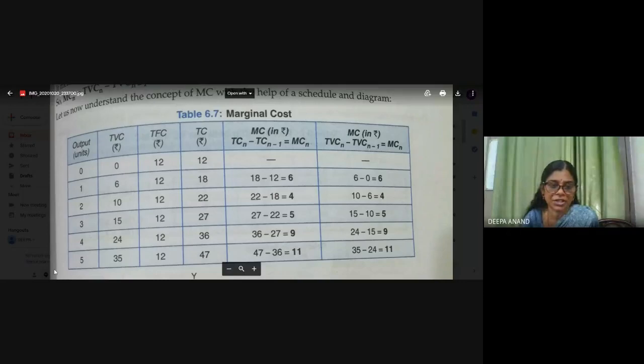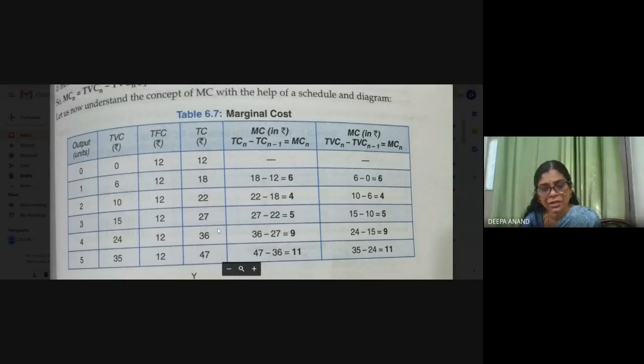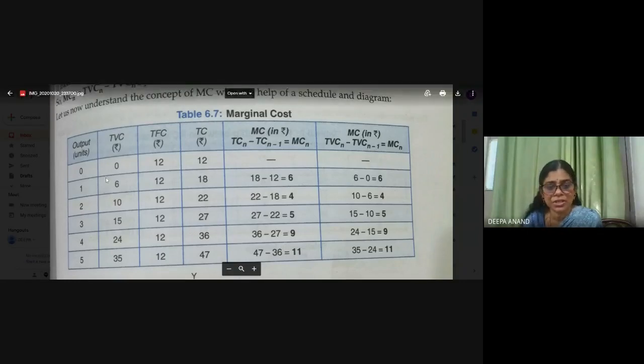Not everywhere is it one additional unit, 0 से 1 हो गया, 1 से 2 हो गया, 2 से 3 हो गया. So in some question you will be given when we produce 20 units, this much is the cost, 30 units, this much is the cost. So in that case you have to write change in the total cost upon change in units. 20 से 30 हो गया, so change in units is 10. तो उस टाइम पे cost का कितना difference है? So in those cases the second formula will help you. And in the other case, TCn minus TCn minus 1 will help you when it is given in a table. You can very well find it out.